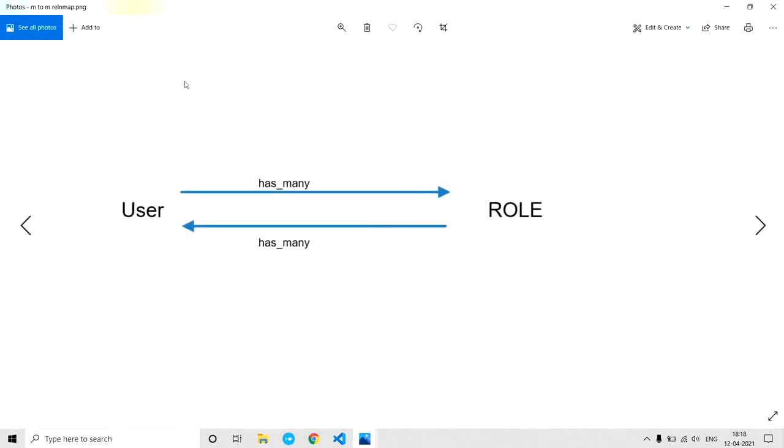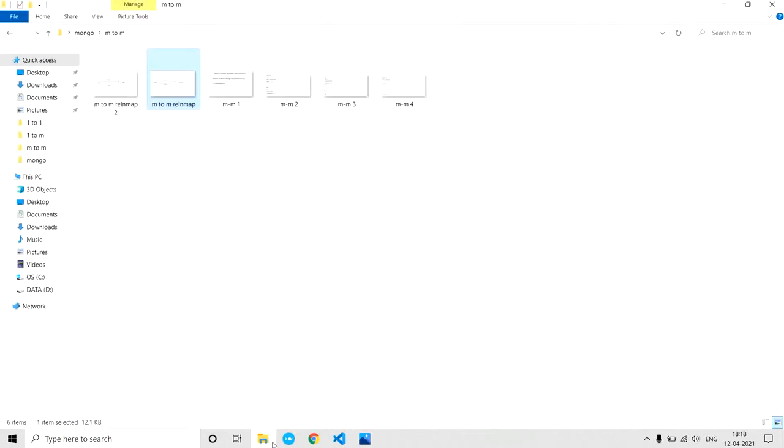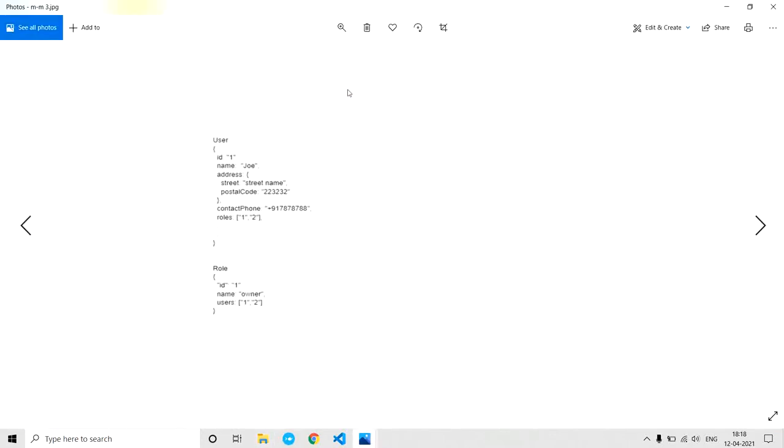A user will have many roles, and each role can belong to many users in the system. In the system, we have maximum 10 roles or 10 to 20 roles, and we have a million user records.